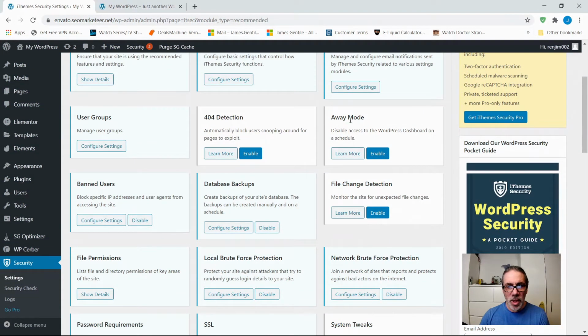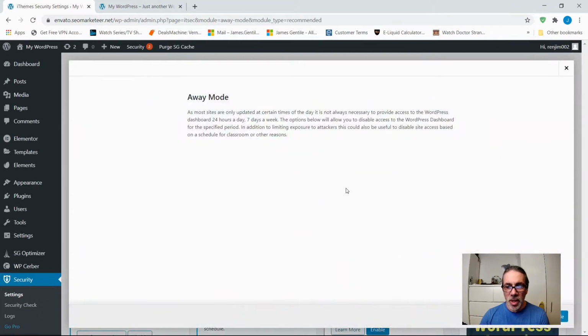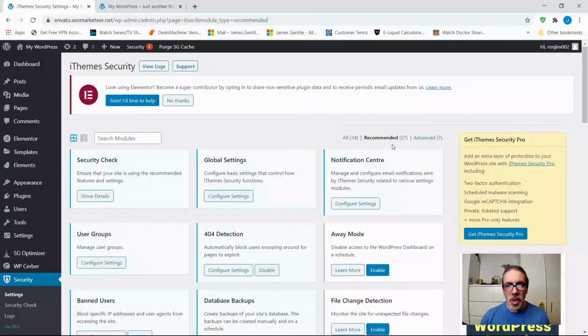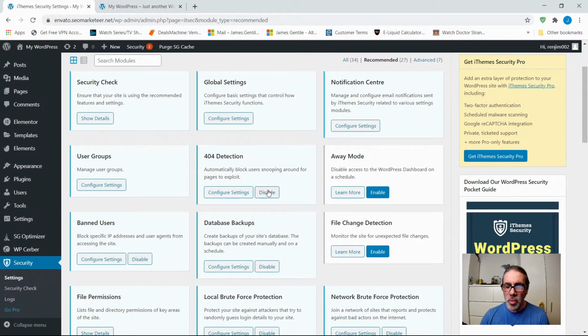Okay, this is the one which these are the blue things here that aren't enabled actually. So there's 404 detection, which is probably always good to enable this one. Away mode. Now, if you want to go, you can click on the learn. It'll teach you what away mode is. So if you want to go in here, it tells you basically it's if you have certain times of day which you want to block people. So you could block out admin logins. Say if I'm only going to log in between 8 and 5,